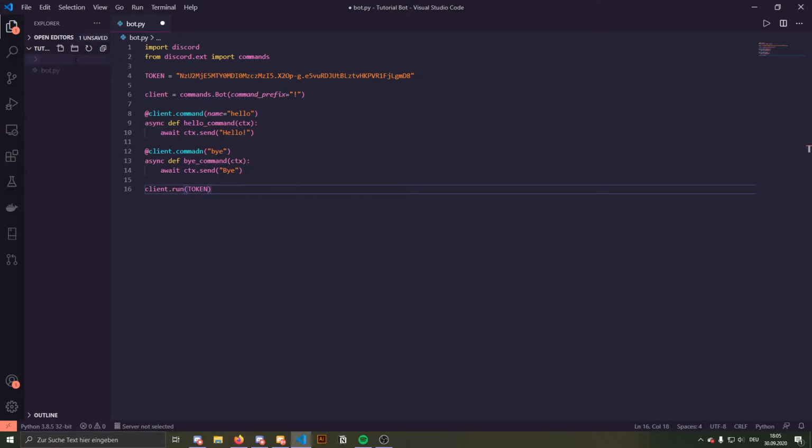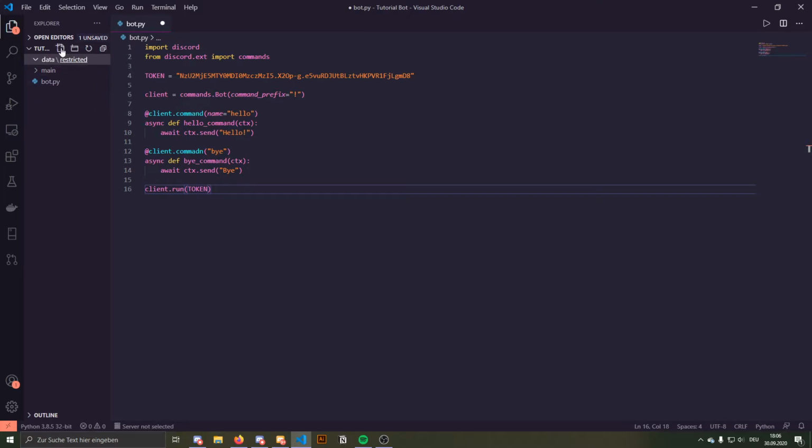Let's create a few folders. The first folder will be main. That will be our main folder where everything regarding the bot is, and then we will have a folder that's called just data, where everything like our token and other stuff, for example pictures, or maybe later on a database, is stored. So let's make a folder called restricted,